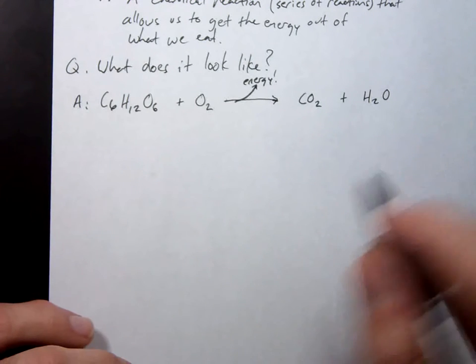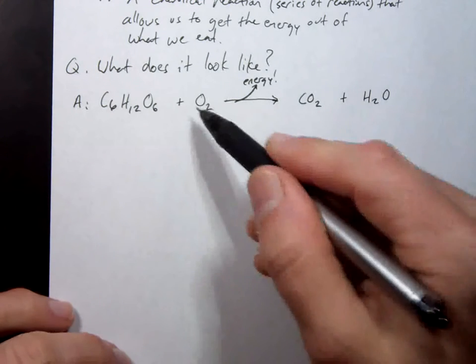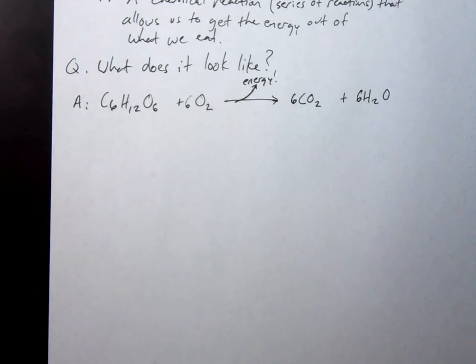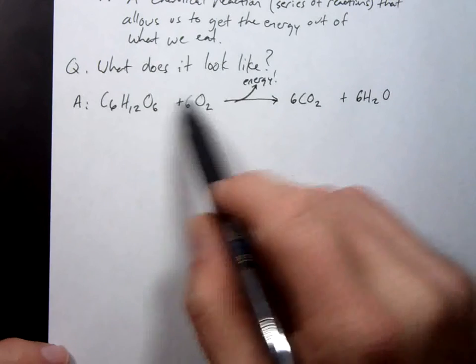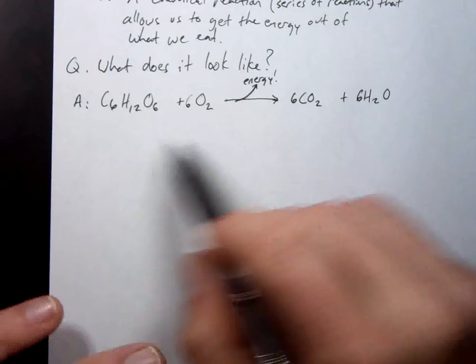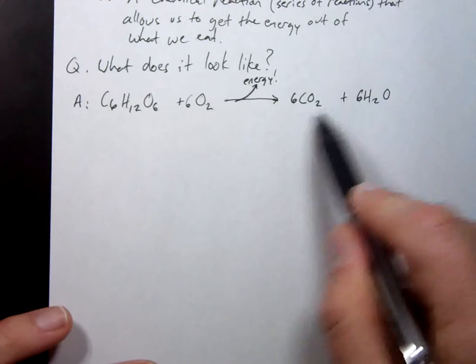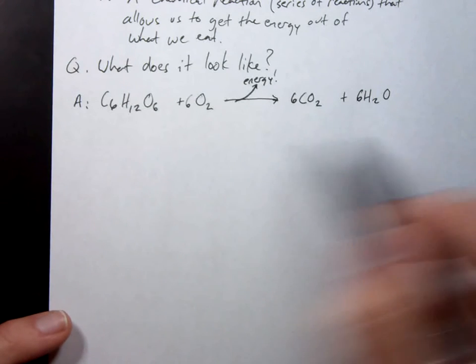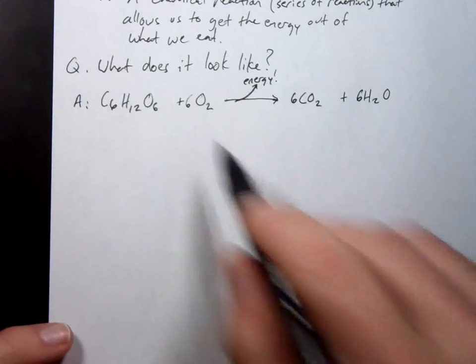Okay? Now, this chemical equation is not balanced. Balancing it can be a little evil at times. 6, 6, 6. Now it's balanced. All right. So here's how this thing works. All the food that we eat is in these complex molecules, and then it's combined through some enzymatic reactions with oxygen and so on and so forth. It releases tons of energy, and in the process produces carbon dioxide and water. So all these atoms are accounted for from this side to this side, but now they're in low energy forms, and here's a high energy form.